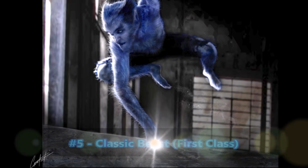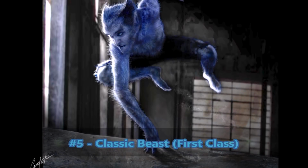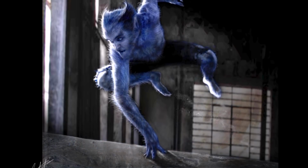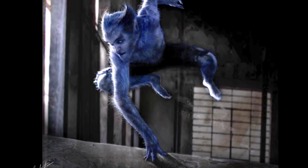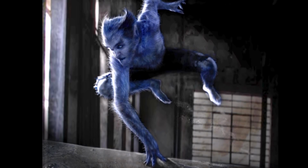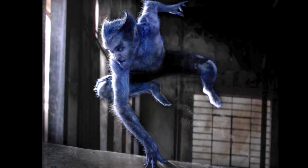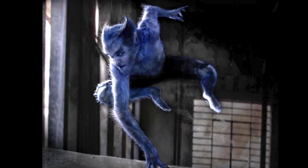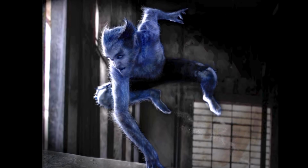Coming in at number 5 we have the classic Beast from First Class. Now like I said earlier, they were completely experimental in terms of Beast's design. And in this one right here, he does clearly look more like the classic Beast. And even his hair is completely reminiscent of the one from the 90s. And yes, this version of Beast does look completely skinny in comparison to your traditional Beast, but again, this is